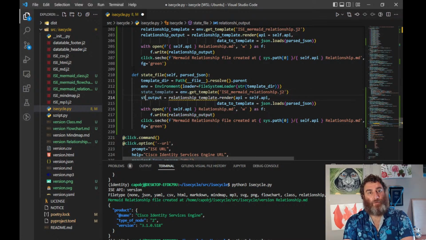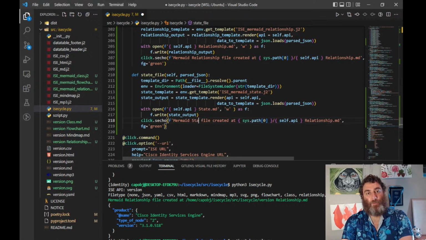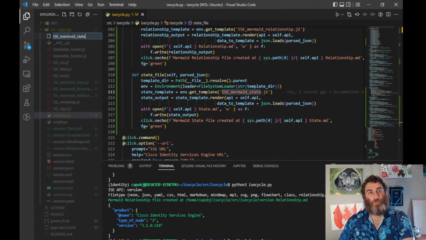State, state, state, state. And we're going to make a new Jinja template